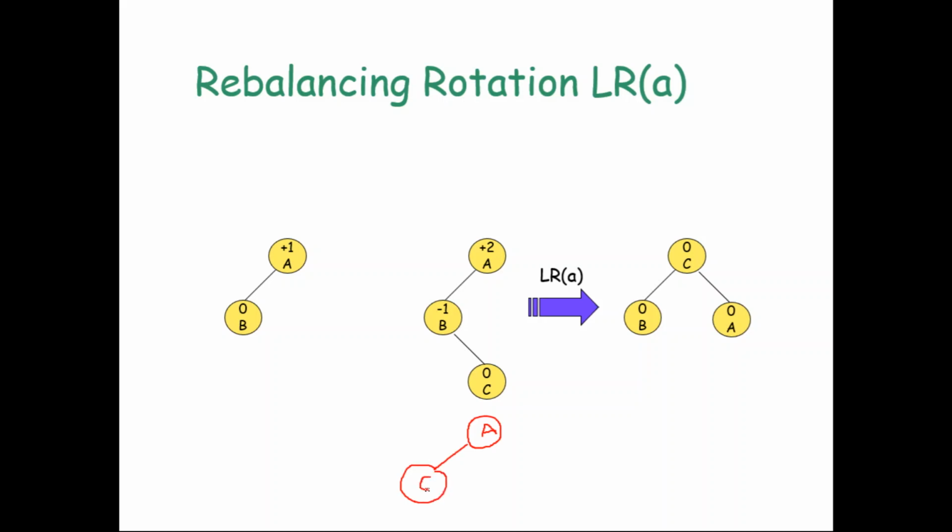C will come here and B will go down. Okay, B will go down. Again, this is actually an imbalanced tree. For B the balance factor is 0, for C the balance factor is 1, and for A the balance factor is 2. Now this is something like an LL. Okay, now it is again imbalanced.